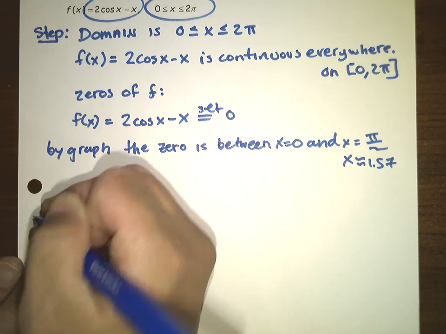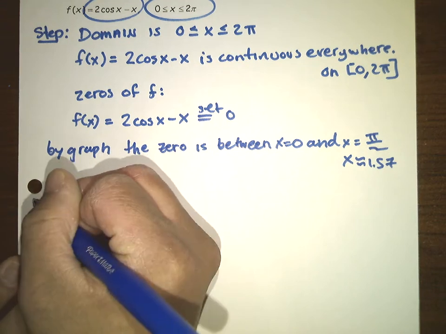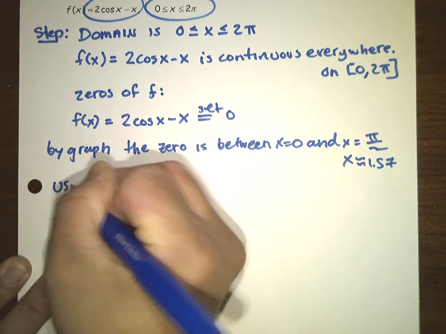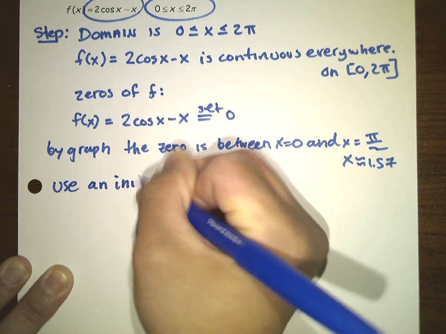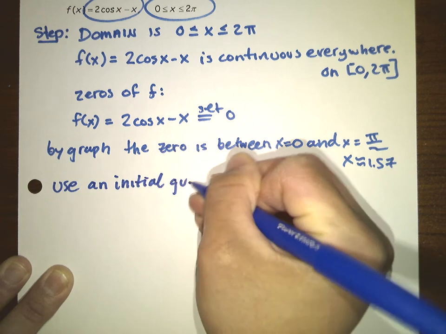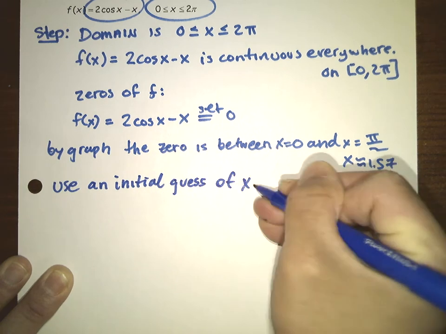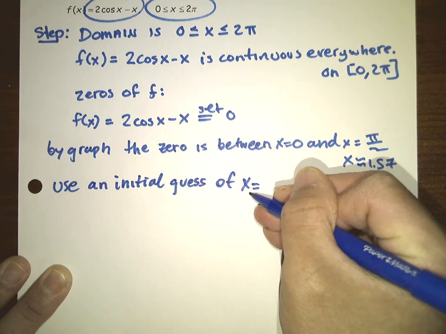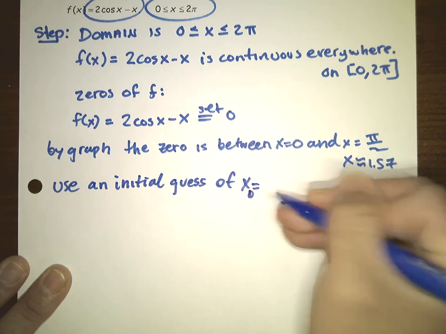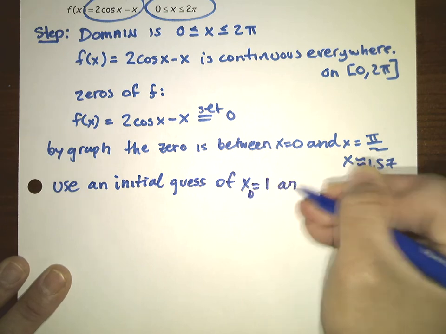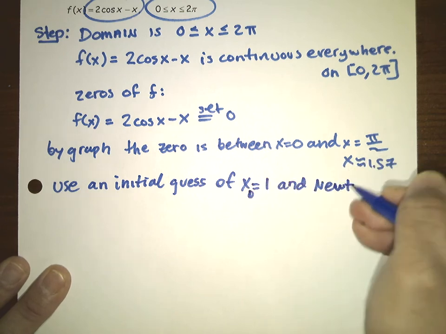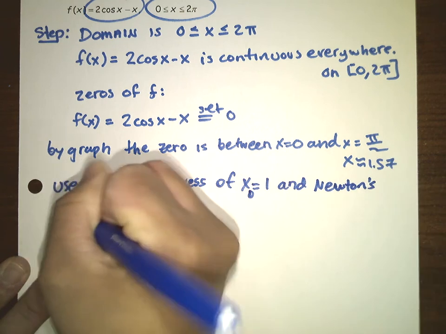So use an initial guess of x0 equals 1, and Newton's method